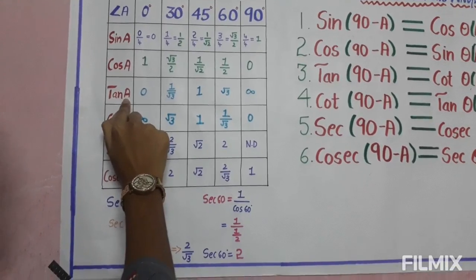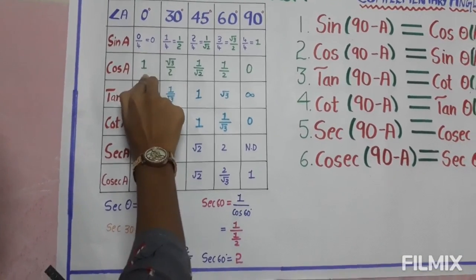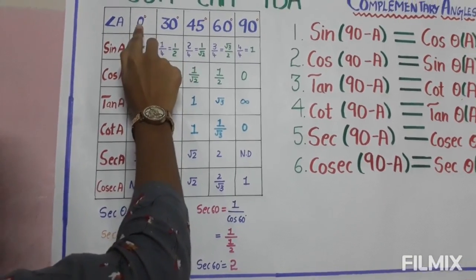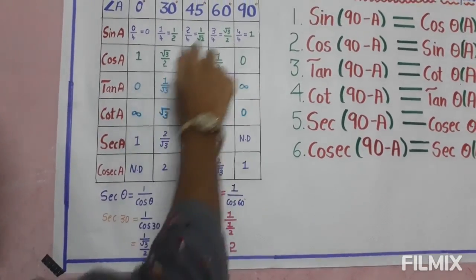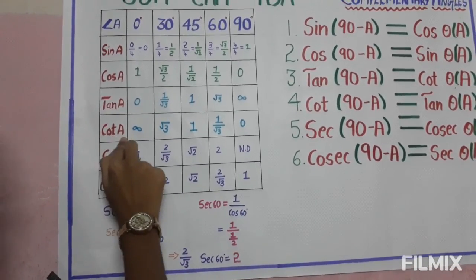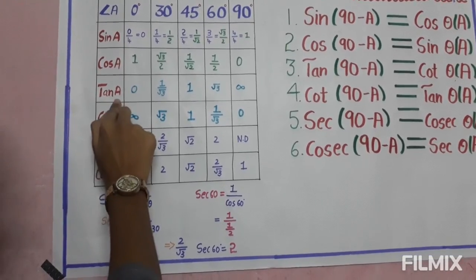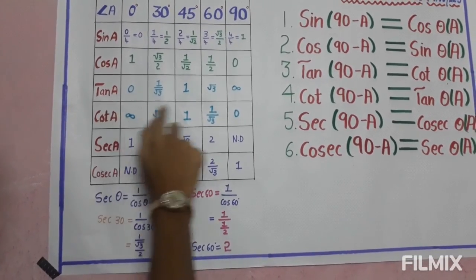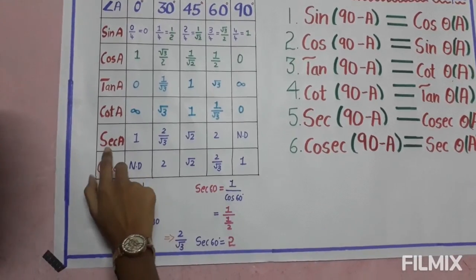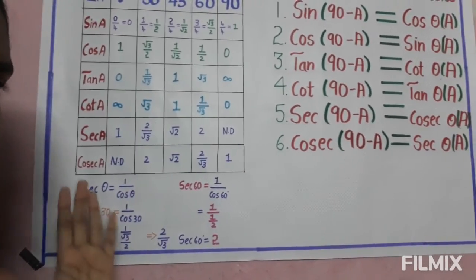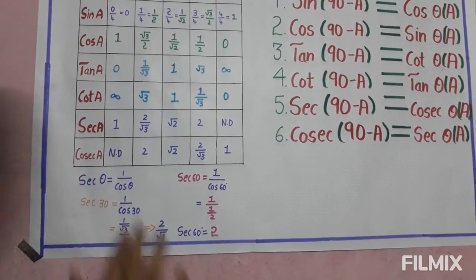That means if we divide the values of sine by cos for a specific degree, then we will get the values of tan for those degrees. Now cot theta, as this is related to tan theta, so the inverse values of tan will be the cot values. Then now let me explain about sec theta. Please listen very carefully.